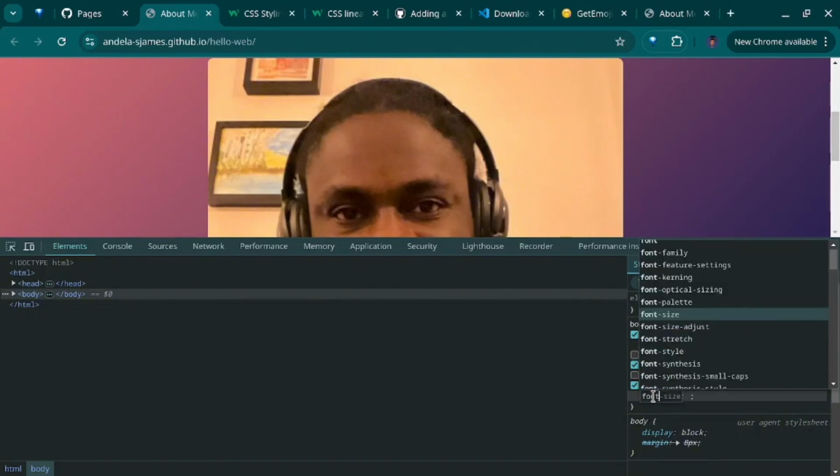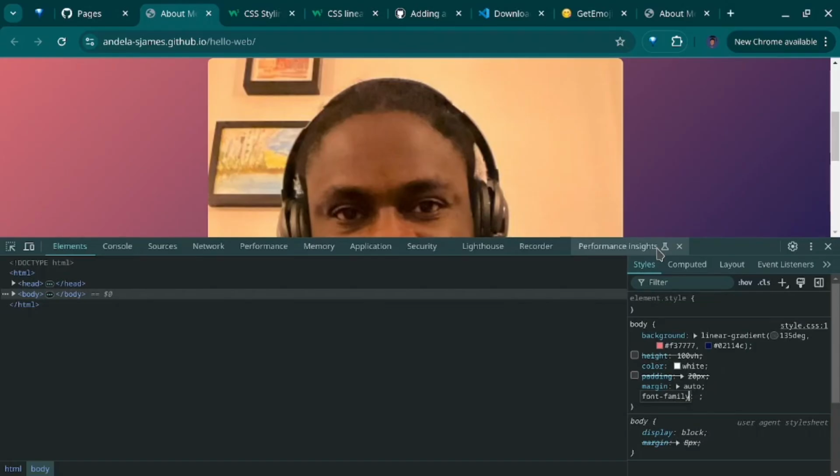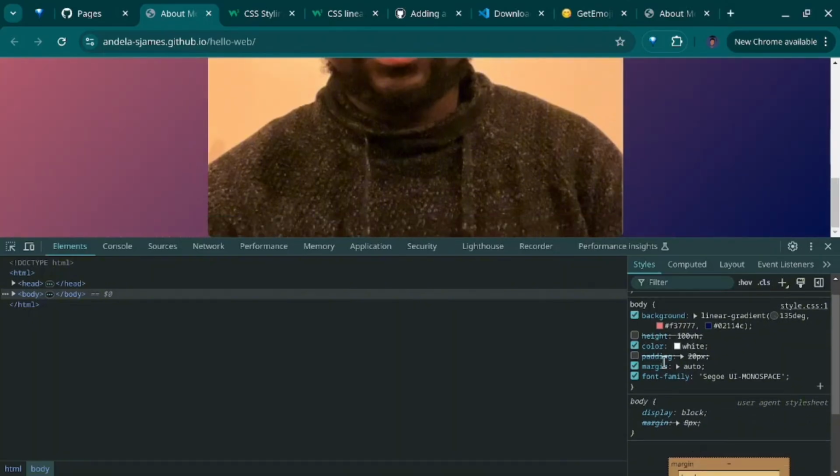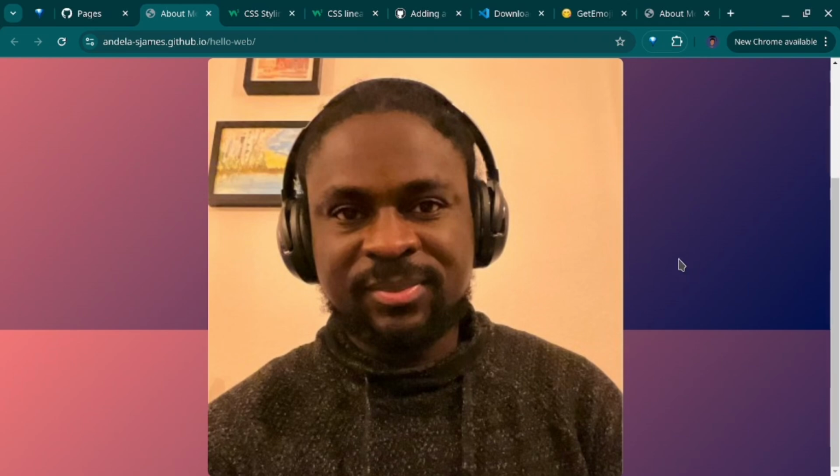Font family. And then you give it something as simple as, say, Segoe UI. That's if you're using this. Let's see. All right. Okay. Well, you can play with stuff around here. Okay, so I'm going to leave that to you, but yep, we're